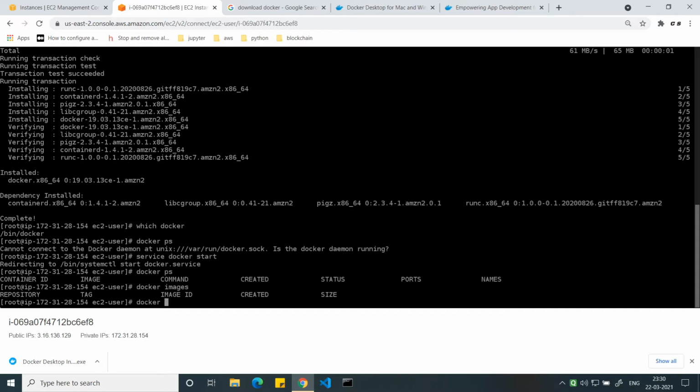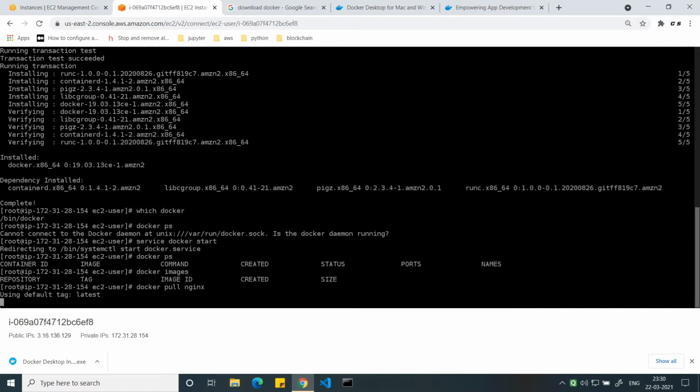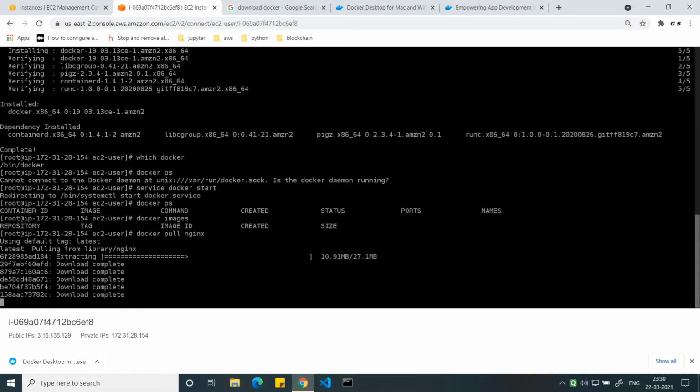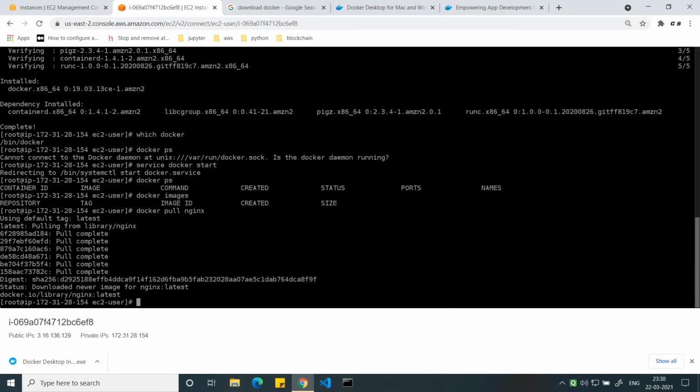Let's pull an Nginx image here. This is the wonderful thing about using a VM: you get good speed. We have Nginx. In my future Docker tutorial, I will show you how to run a Docker container and other things, but for now just learn that there are two ports: host port and container port.